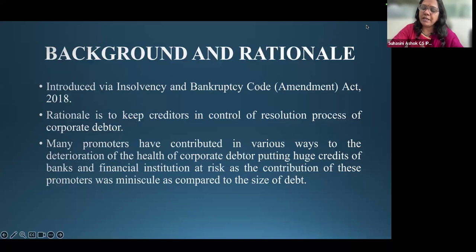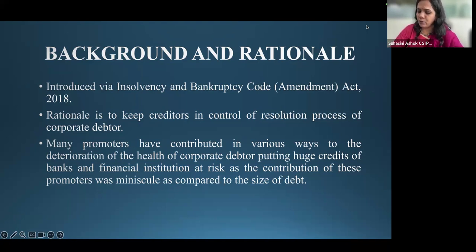One of the main key factors of IBC is creditor possession of the company. Once it is creditor possession of the company, the promoter loses control. Once the promoter loses control, the object of the code will be achieved in an effective way. That was the main point, even in the BLRC committee report and the object of the code. So to plug what the market was facing through the backdoor entry of the promoters,